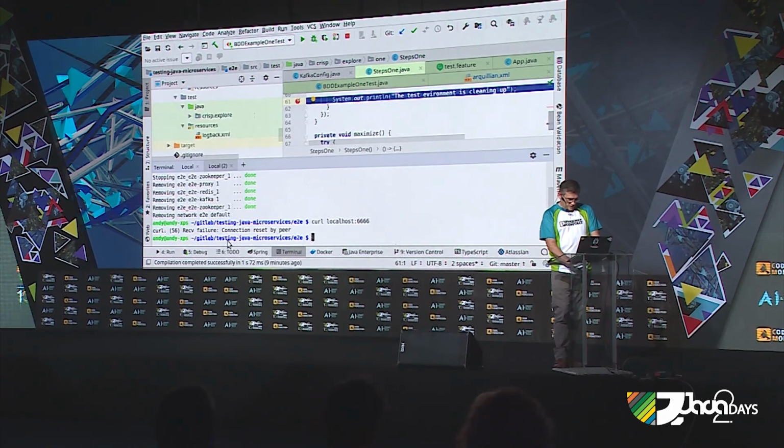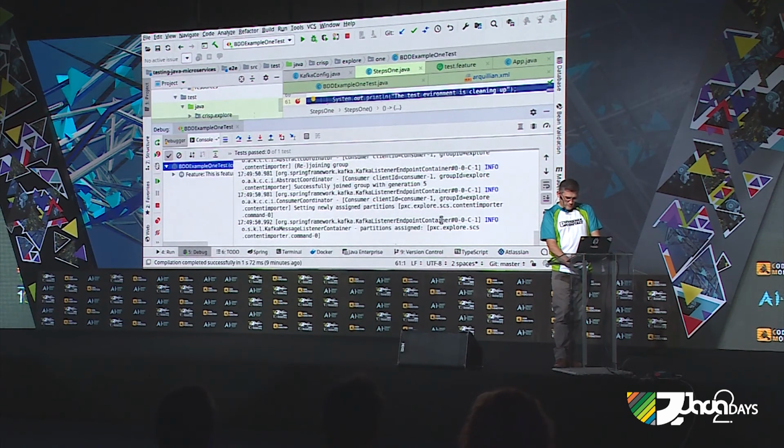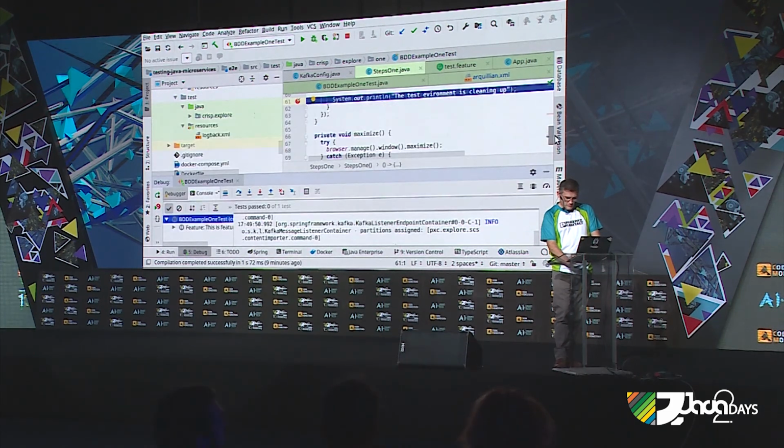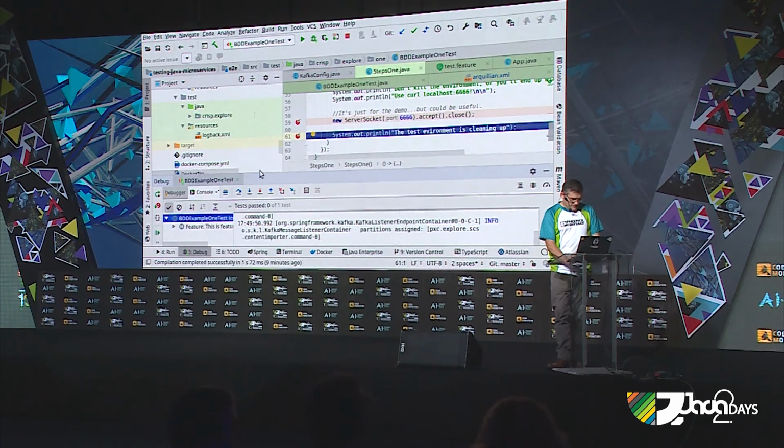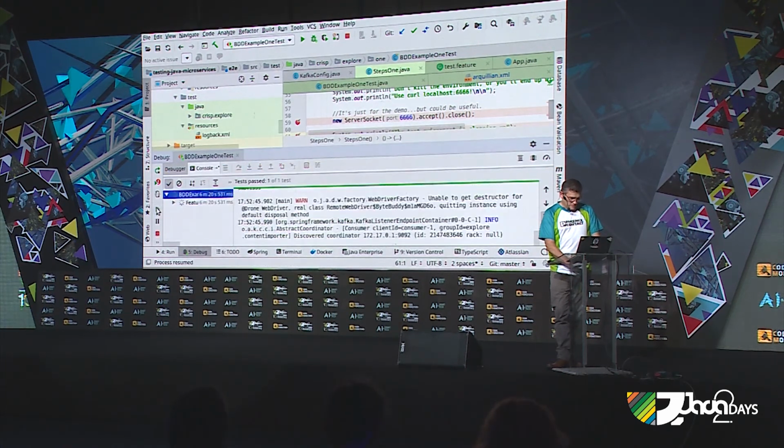So the connection's closed. If we go into debug, this will now hit this breakpoint, which is right after the server socket. I was just using the server socket to halt the execution of the test, but keep the runtime alive. And if I just allow that to continue now,